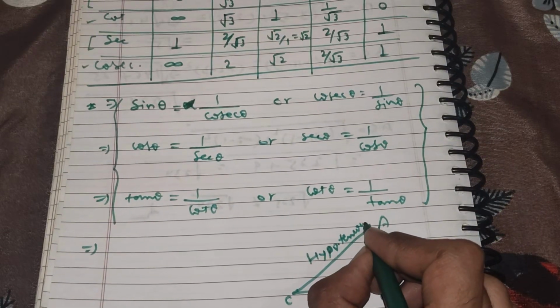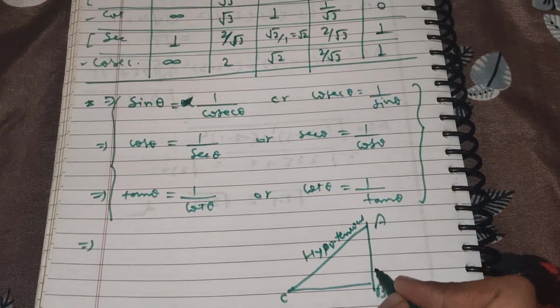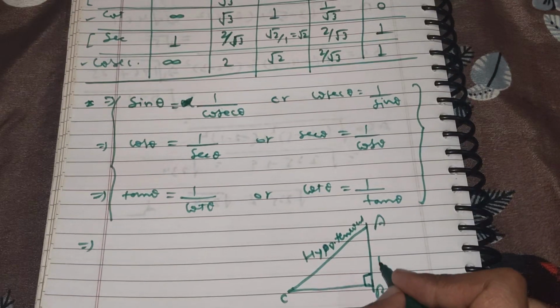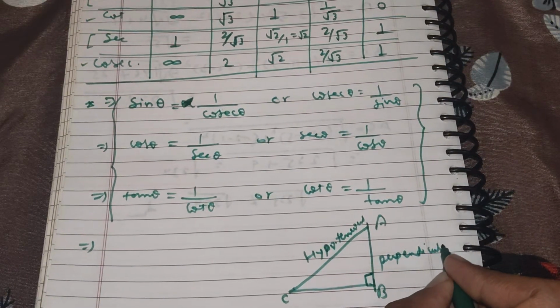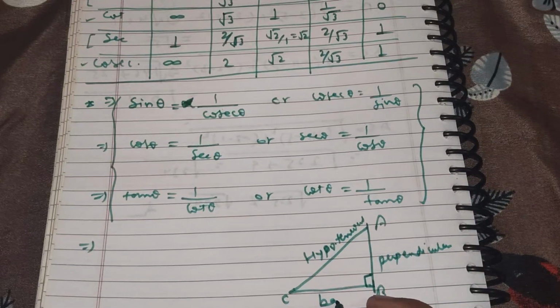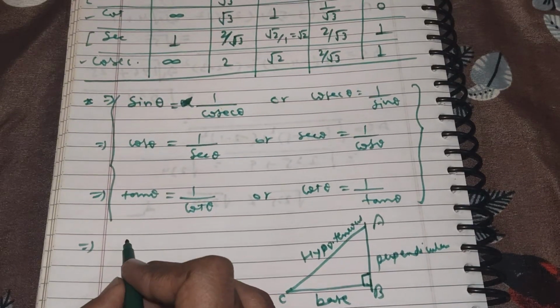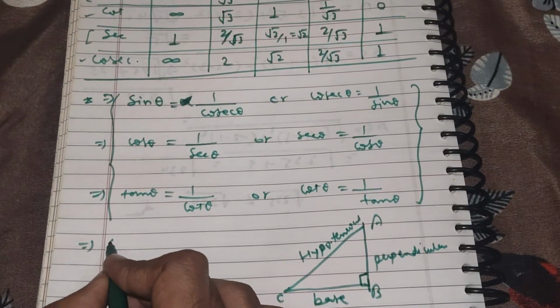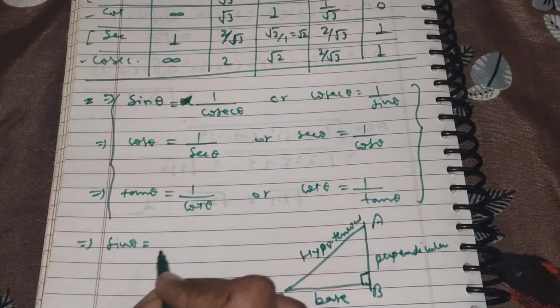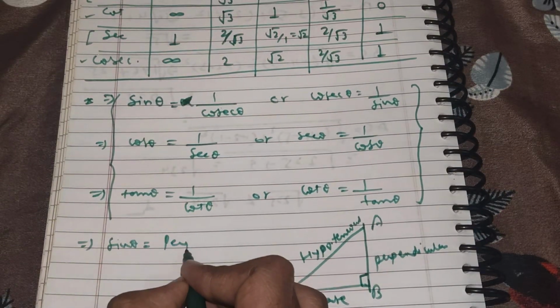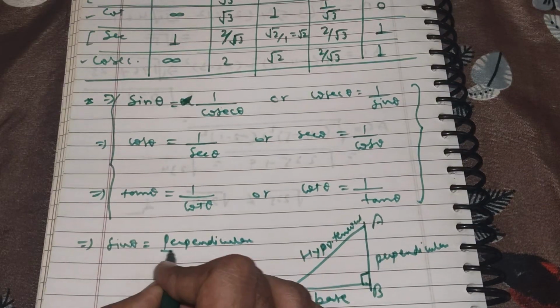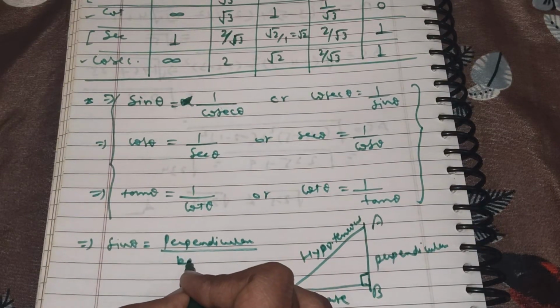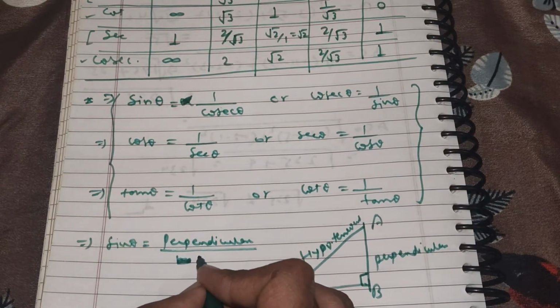Hypotenuse side. This is a right triangle. This is the perpendicular, and this is the base. So we can write the formula: sine theta is equal to perpendicular upon hypotenuse,